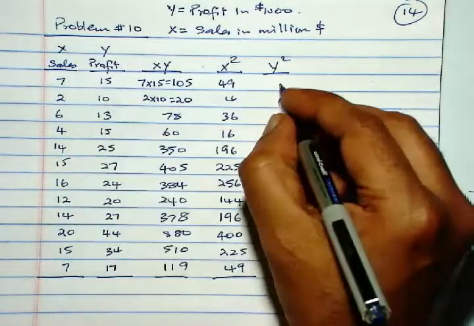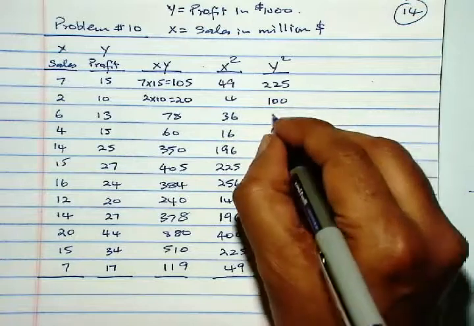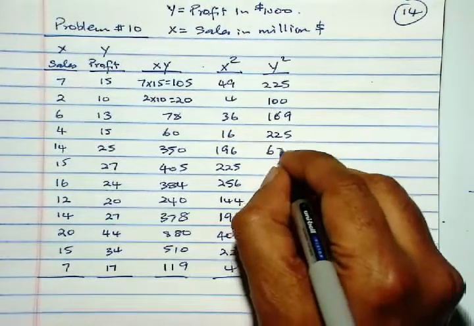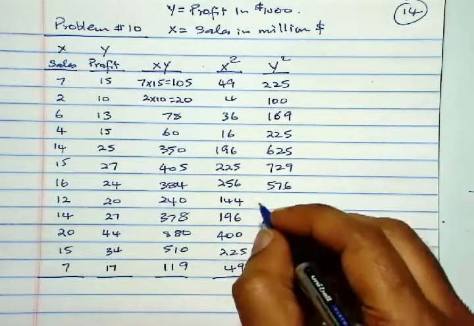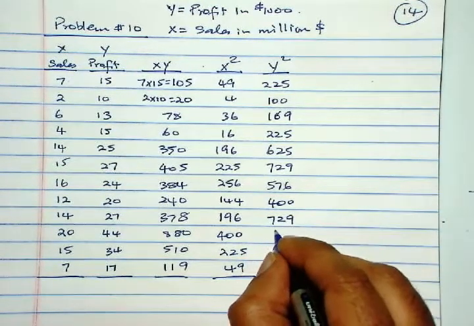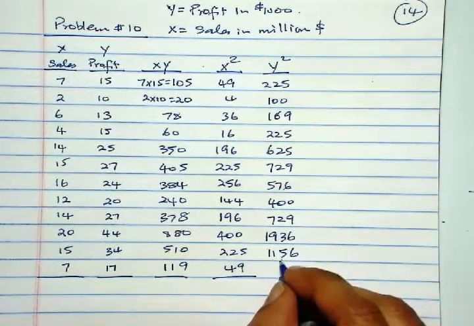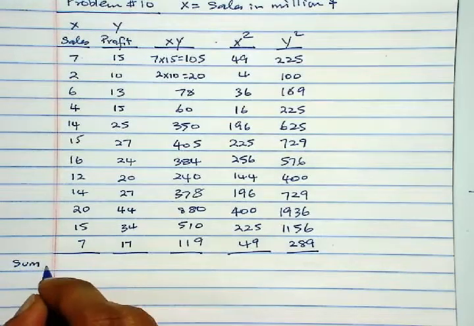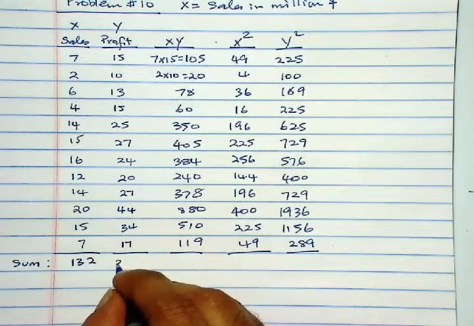So 15 squared is 225, 10 squared is 100, 169, 225, 625, 729, 576, 400, 729, 1936, 1156, and 289. Sum the columns. Okay, so this is sum of X is 132, 271,